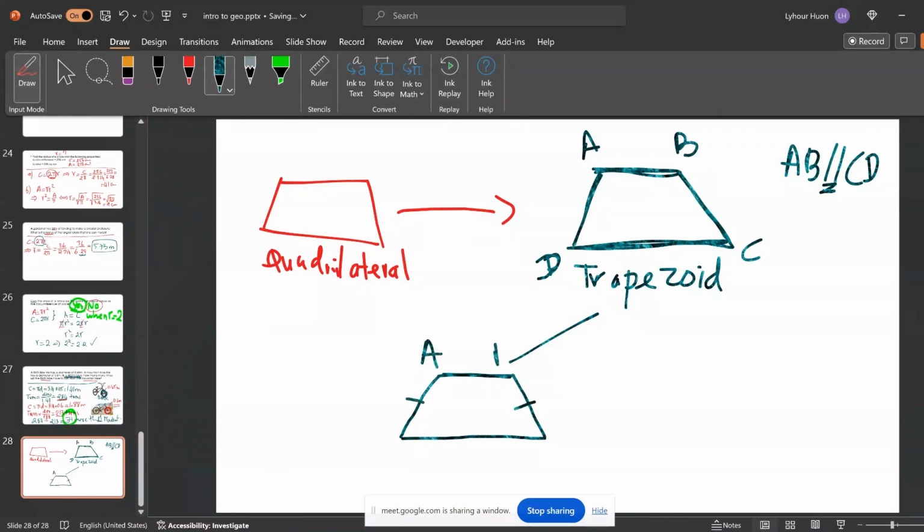A, B, C, D. So a trapezoid is just two opposite sides, AB parallel to CD. AD and BC, we don't care if they're equal or not. But for this case, they started thinking, what if AB is parallel to CD and these two sides